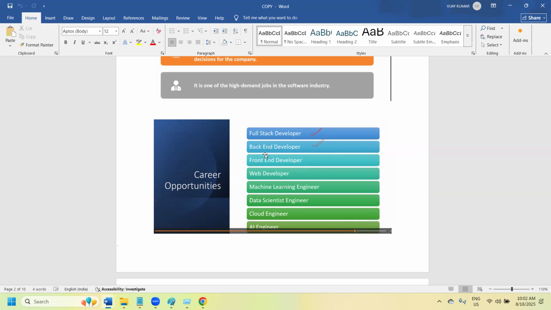I just told you about this; we still haven't discussed what Python is. As part of today's class, whenever you are going to learn something, we should tell where we are going to get the job. At a high level, currently we are following the three-tier architecture: web layer, application layer, presentation layer, all of them.